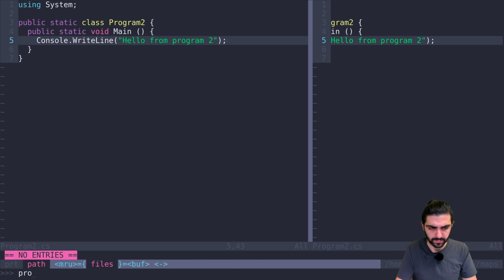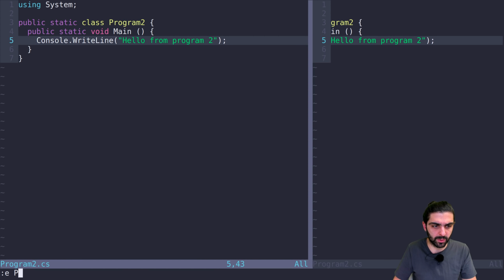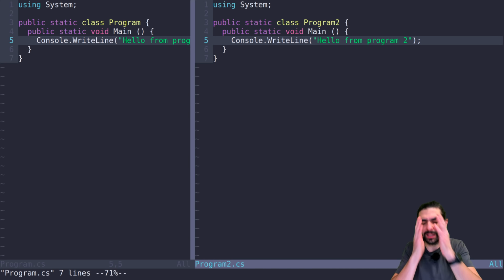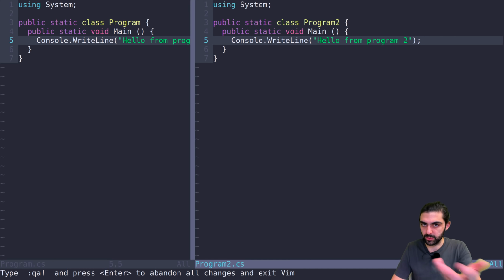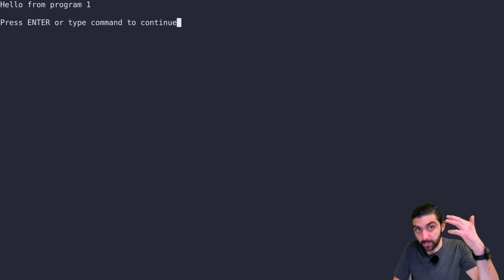It's like you might find yourself in a scenario where you have these... anyways, you'll see what I mean. What I mean is that we've hard-coded a file name, right? So you have program 1 and you have program 2. When I'm focused on this file and I press the keystroke, the problem is that we're still running